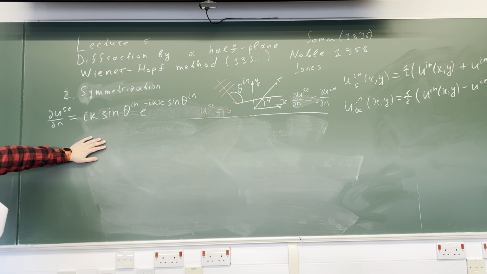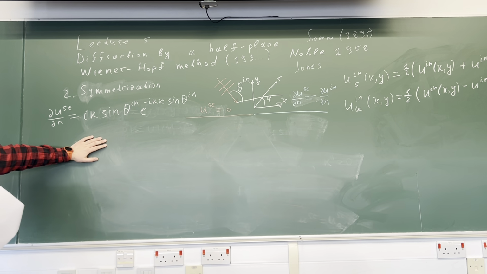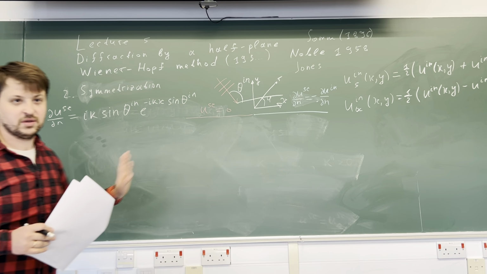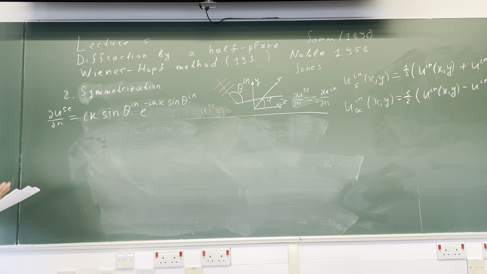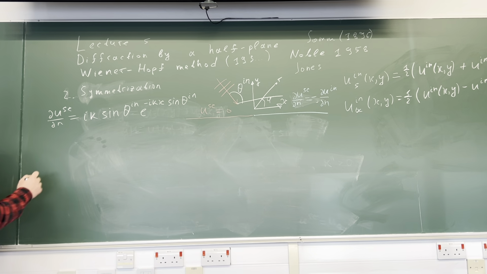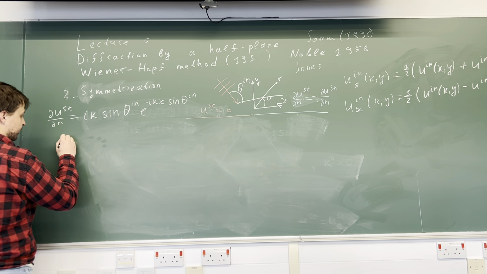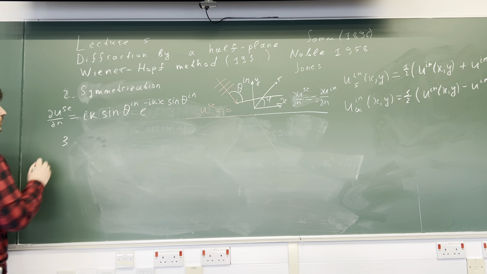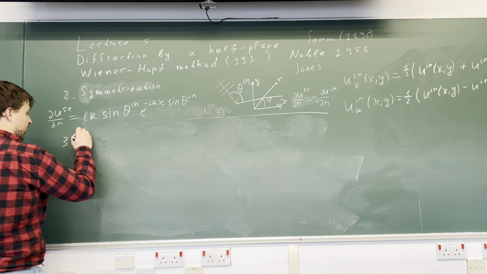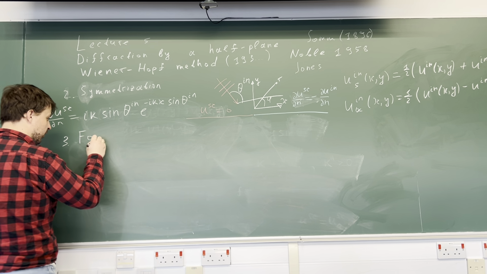I just differentiated the plane wave and took its value on this half plane. So that's it. Okay, now we can go to step 3. It's step 3 of our lecture, but actually step 2 of the solution, and we will formulate